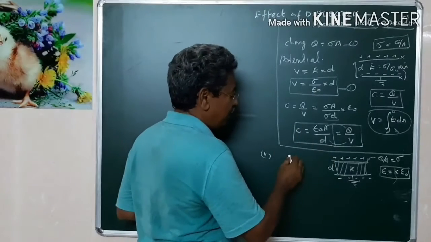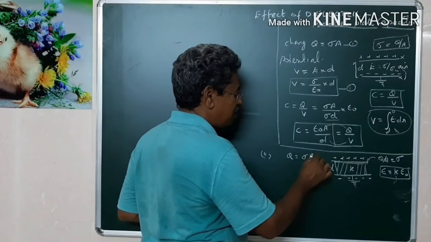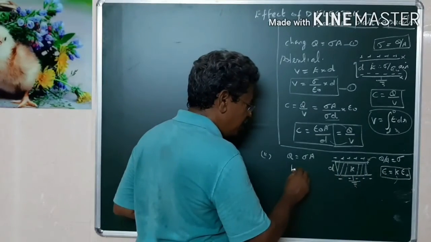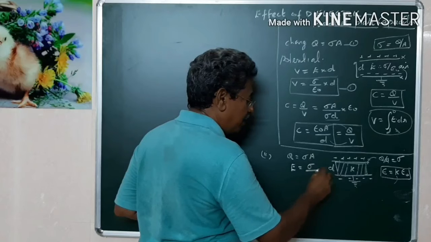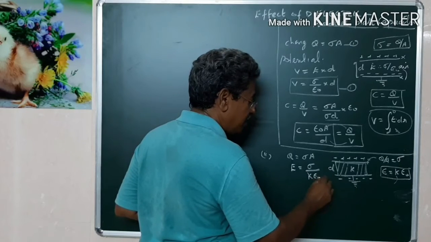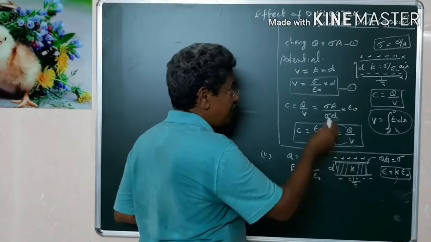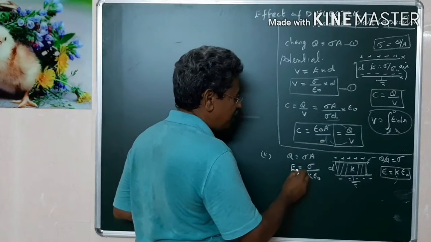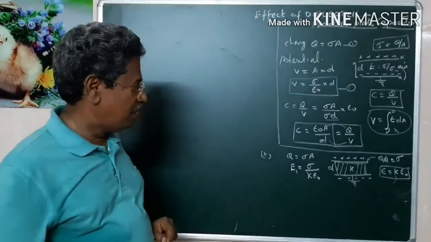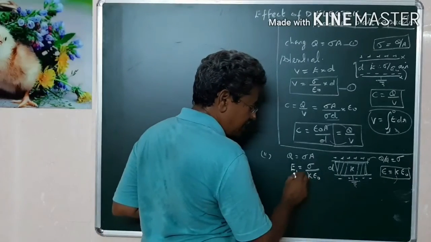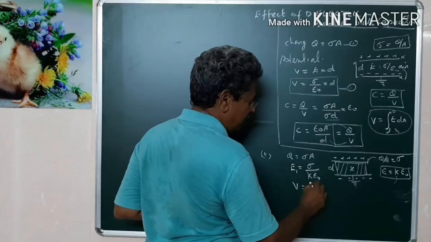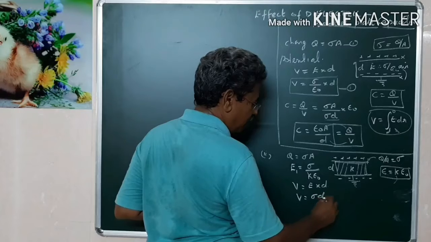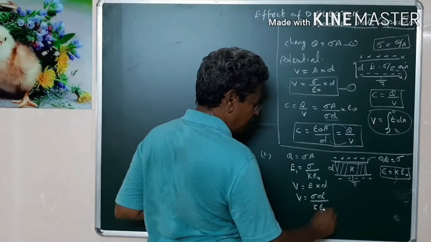Okay. Now for this description, again I am going to derive an expression for capacitance. As usual, we know that charge given is similarly sigma A. But now the electric field between the two plates E is equal to sigma by K into epsilon naught. We can say this is electric field with the slab, this is electric field with the air. To distinguish between the two, we can make this as E1 or E of medium. Therefore, potential between the two plates, as this is a constant, V is equal to, as usual, E into D. Therefore, V is equal to sigma into D divided by K into epsilon naught.